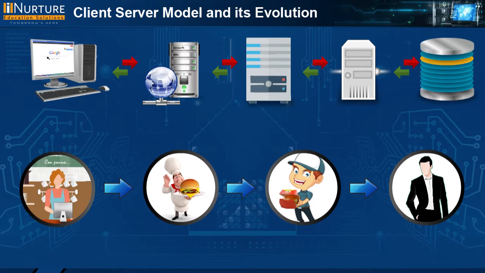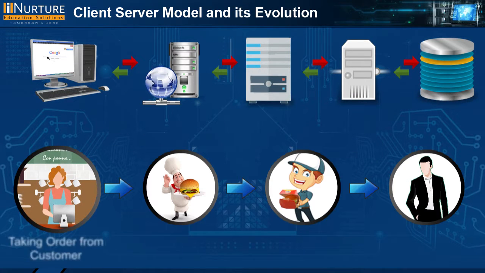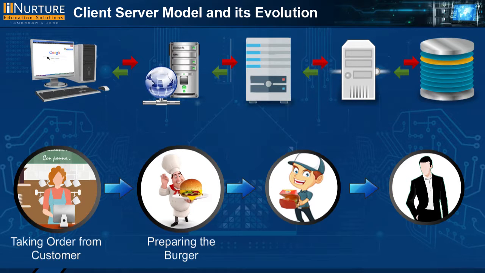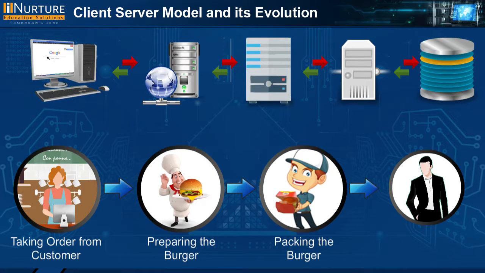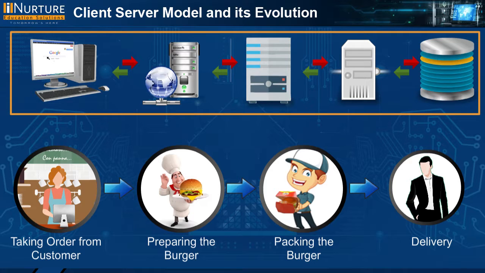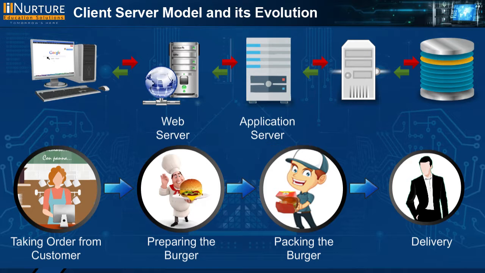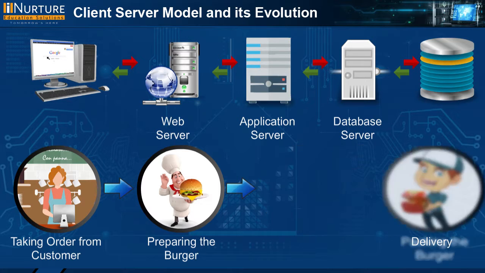You can think of this model as a burger chain, where the order is taken by one person, the burgers are prepared by another, and they are packed by a third party before being delivered to the customer. So, all three persons perform specific functions. Similarly, in the web-based architecture model, the three functions of web server, application server, and database server perform distinct functions,